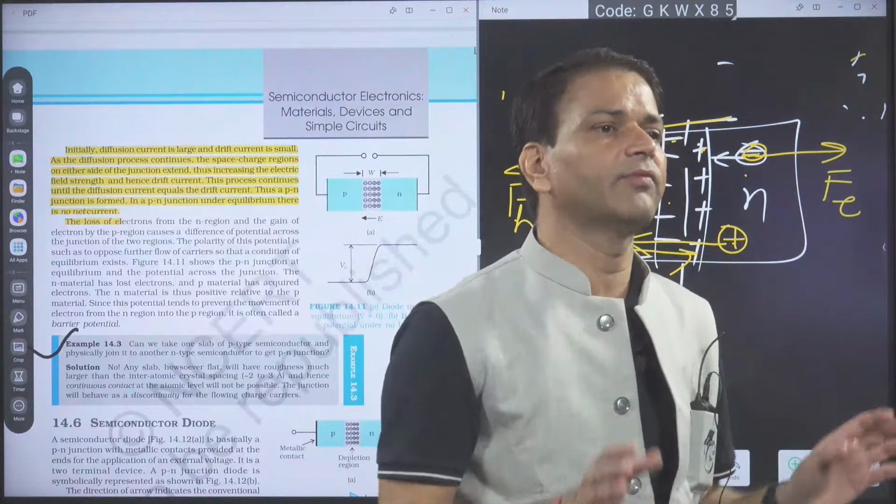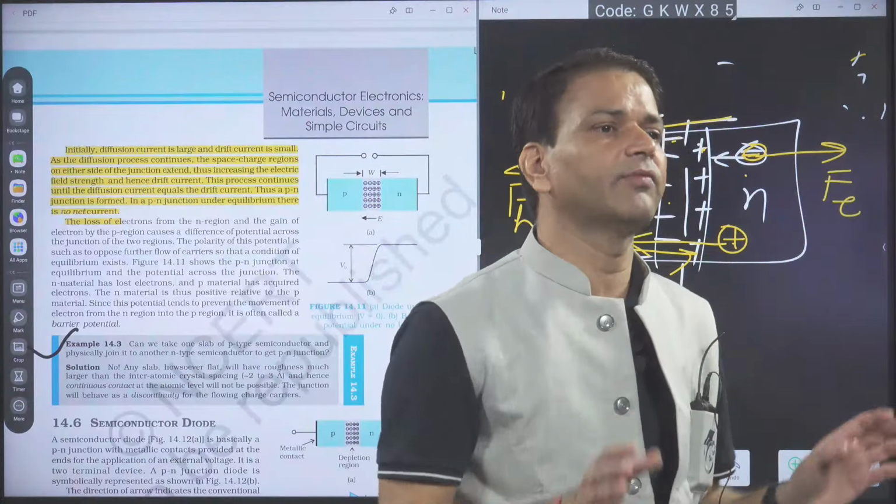So up to a particular reverse potential, reverse current is almost independent of the reverse potential. So that is called the reverse saturation current. But at a particular reverse voltage, a large range of current can flow through the diode. That voltage is called the breakdown voltage. Okay. So here between 80 and 100 we are getting the breakdown voltage. At the breakdown we can have a large range of current. But before the breakdown, current is almost zero or independent of the reverse potential.